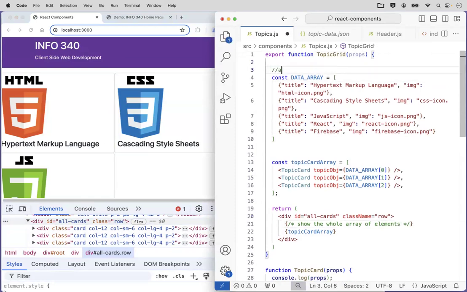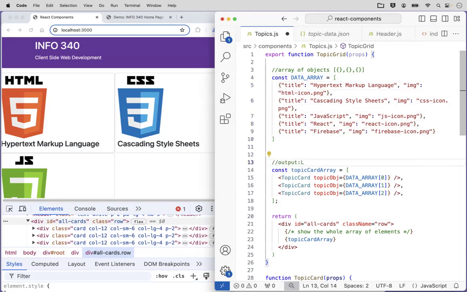Well, check this out. Here's an array of objects. That's what I have to start with. That's my data, an array of objects. This is my output. So here's my data, my array of objects. Here's my output that I want to have, which is an array of elements. And the question is, how can I use a loop to get myself from an array of objects to an